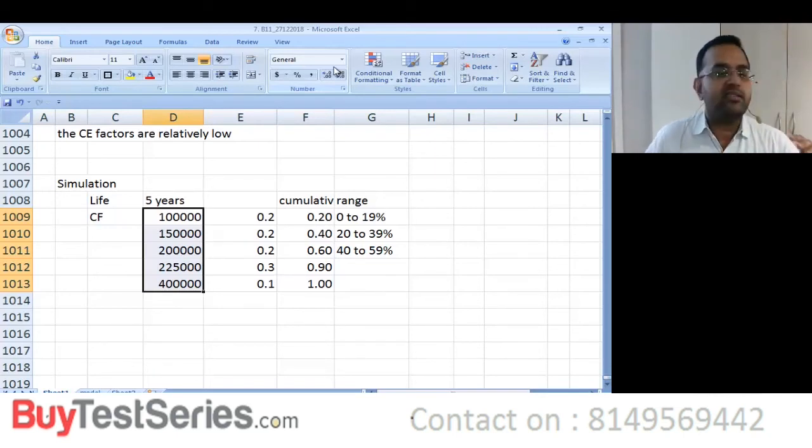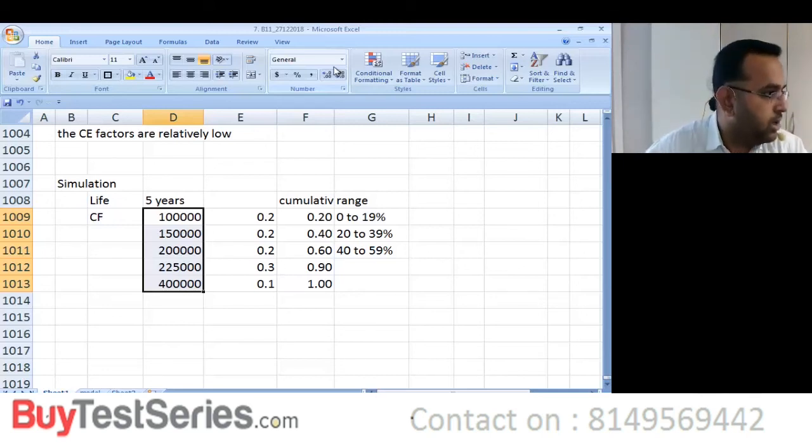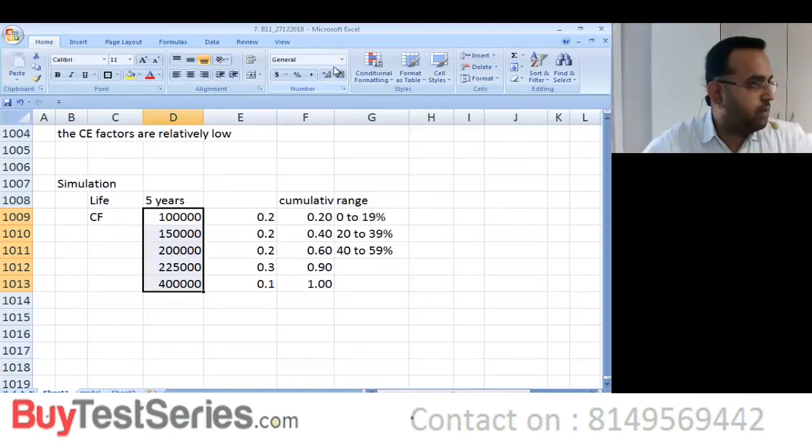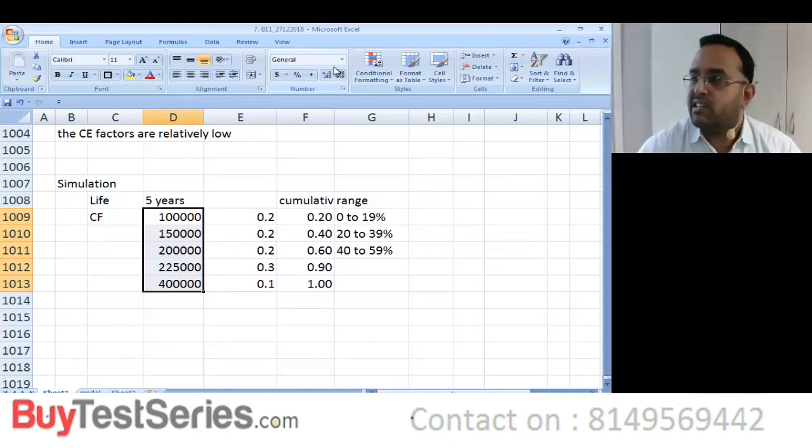So it is linking your cash flows to the random numbers. You have 10 random numbers in hand. How do you link cash flow? I mean your cash flows, 5 different cash flows to 10 different random numbers that you are having. For that you take your cash flow, you find out the probability of that, you find out the cumulative probability and range, and then take these 10 numbers and figure out where in this range your number sits in.